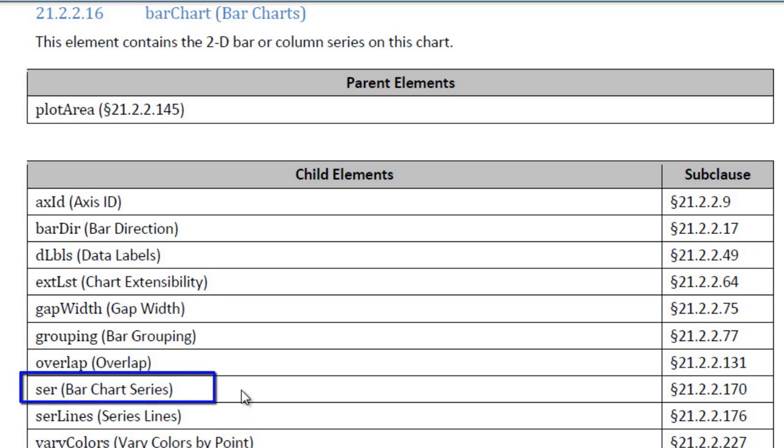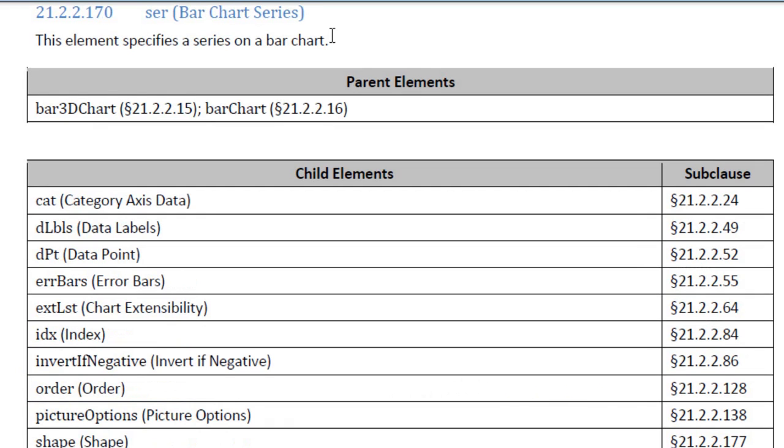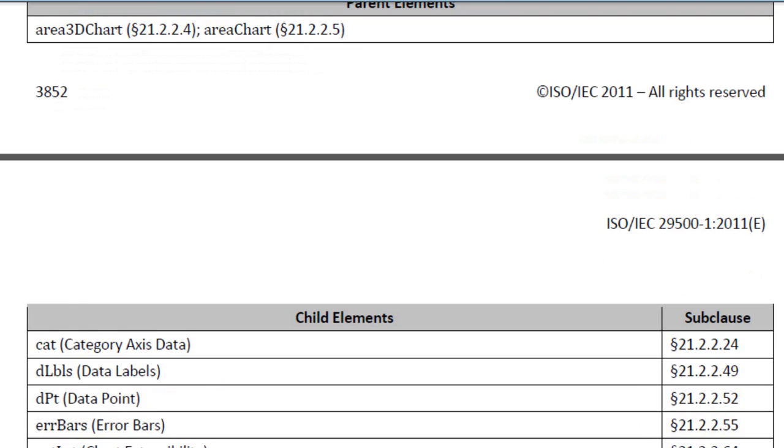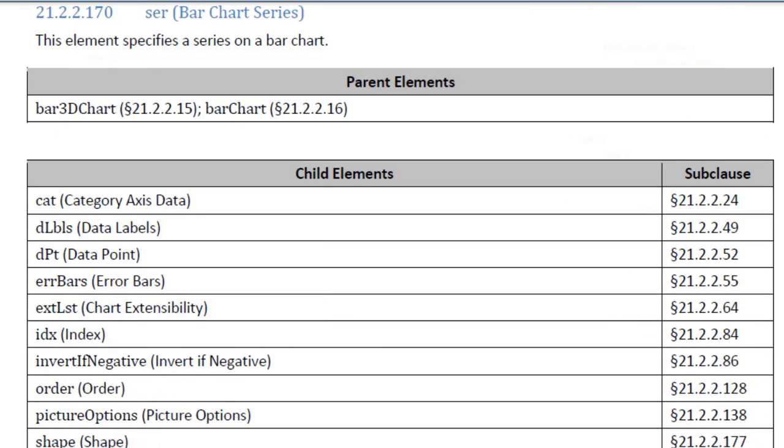One of the things that you'll see is that all of these varieties of charts all have this series element, this SER element. We can see that both the bar 3D chart and the bar chart use the same definition of series. And if I were to look at the series for an area chart, we'll find that it has a lot in common also with what is defined for the bar chart. But there are going to be differences. Some of the types of series enable you to specify particular shapes or drawings for each point or what have you. There are a lot of options that are specific to a particular type of chart,